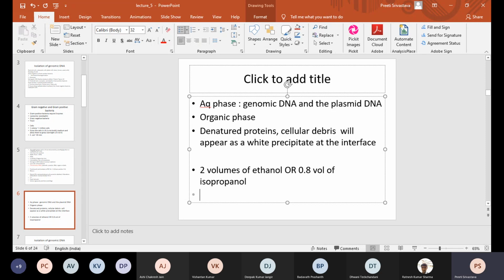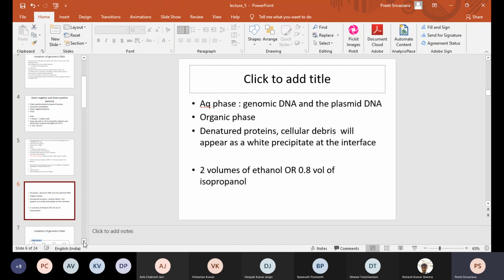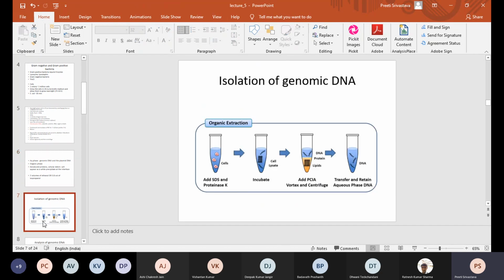Because of their larger size, we can separate chromosomal DNA from the smaller plasmid DNA. If the bacterial strain contains chromids or megaplasmids, then the megaplasmids or chromids would also come along with the genomic DNA. So this method is used for separation of genomic DNA from small plasmids. You collect the strands, which are visible in the picture shown here.